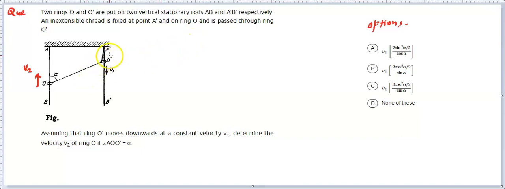This is again a constraint relation between the motion of these two rings, and it is using a string, so you can use the summation T dot v if you want, or otherwise. In this video we have considered a couple of questions based on constraint motion, with a string and block, and without a string as well. They are very important.